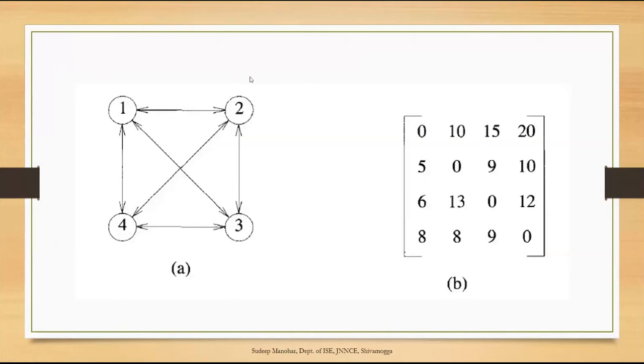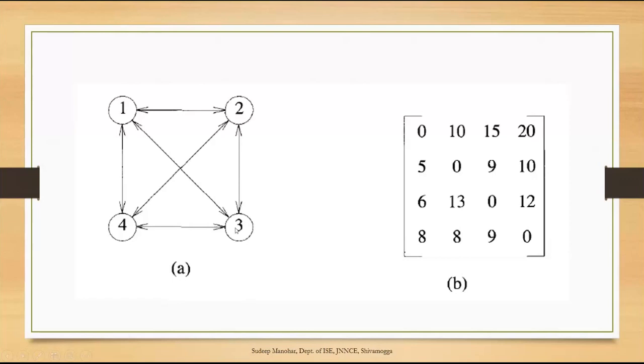If you consider this as the directed graph, what it tells is you start from vertex 1, and from vertex 1 there is one edge to vertex k. You have to consider any of these 2, 3, 4 as vertex k. If I consider 2 as vertex k, then what is the minimum cost? It is the cost from 1 to 2 plus the path from 2 back to 1. Okay, that is one example.